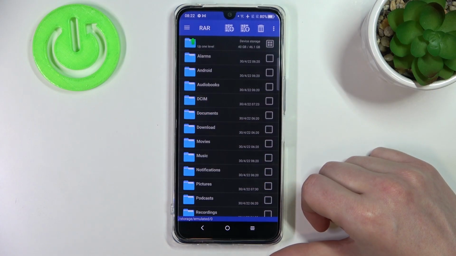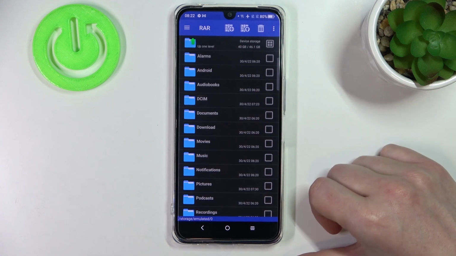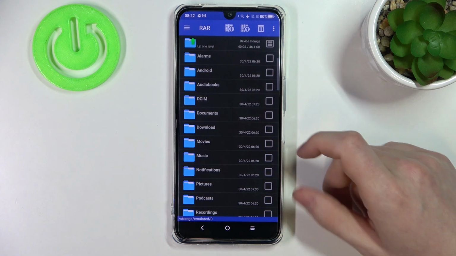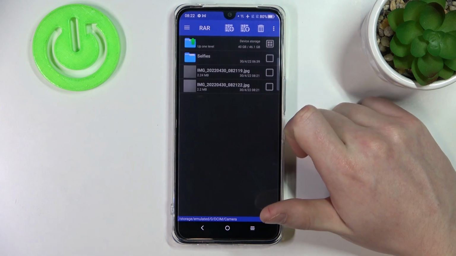Hello, in this video I'm gonna show you how to pack your files into RAR or zip file archives on your TCL 30 using an app called RAR. So in order to do that, let's locate the files that we want to pack, and mine are located in